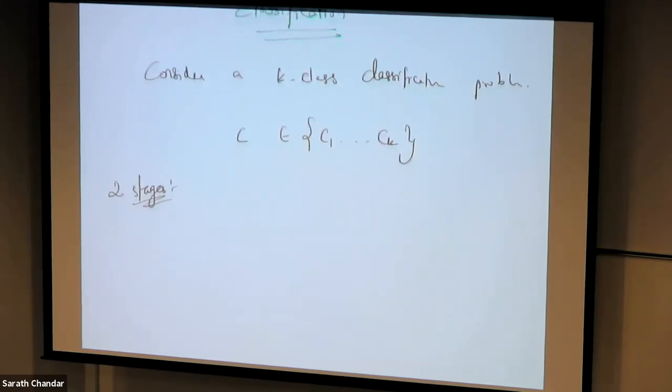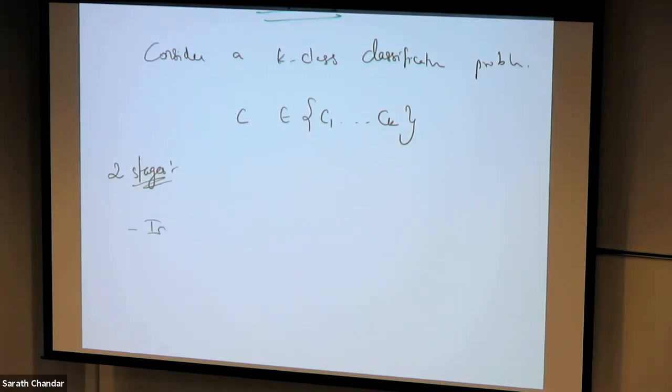Okay, so first you have the inference stage, where you will use the training data to learn a model. Okay, so first you have to learn a model. And the second stage is decision, where you will decide how to use this model to make a decision. Okay,